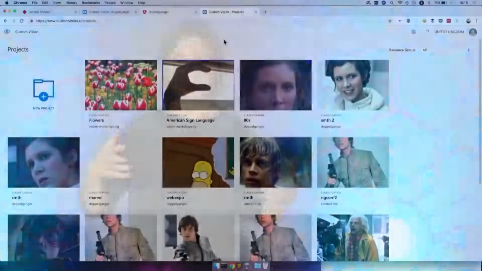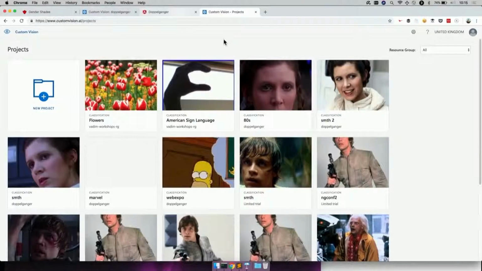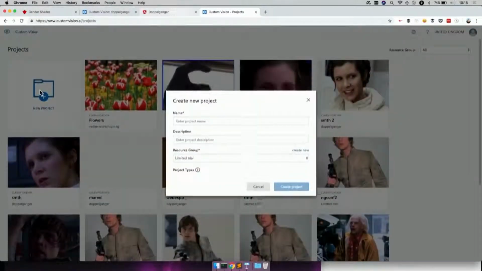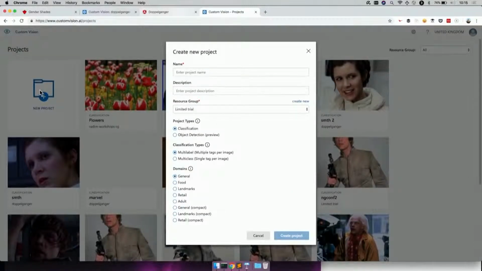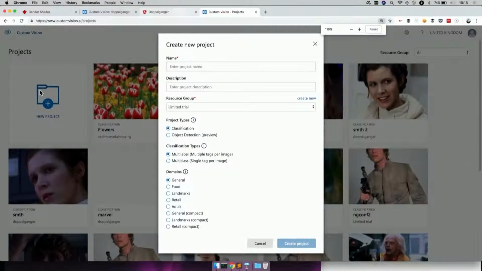This is a dashboard, so this is where Custom Vision API, we can access it. And these are some of the projects that I've created in the past. So now if I want to create a new project, I have to log in, and then I need to enter a project name. So naturally, this would be node.conf.eu. And then